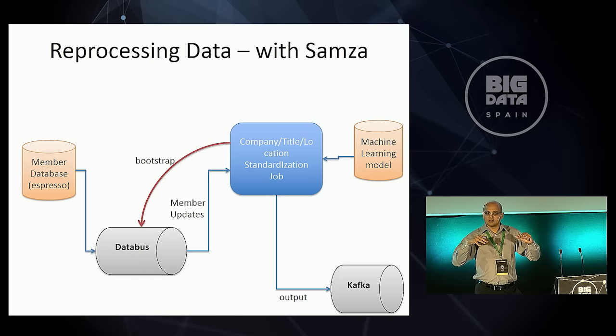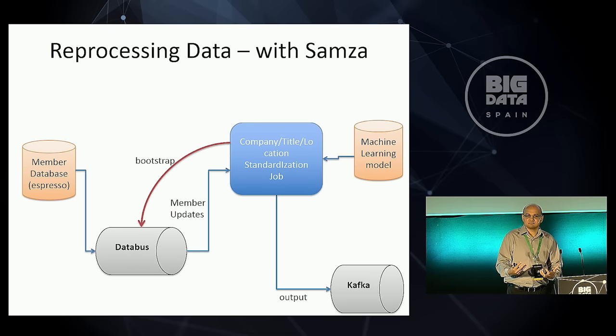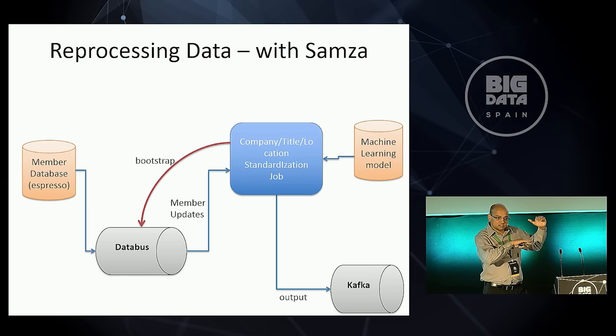So now, as you can imagine, our machine learning models evolve. So we come up with a smarter way of doing some standardization, either on your title, company, whatever, location. So we deploy a new machine learning model. Great. So now we can process new changes, but what about existing members, right? The other 400 million members or whatever, how do we process them? Well,